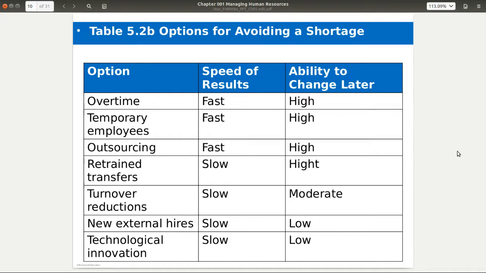Now, another thing that you can do is temps, temporary employees. That's fairly quick as far as getting in some temporaries, depending upon the jobs. And it makes it much easier to change down the road. Sprint is huge as far as doing temps and contracting, as far as bringing people in. They have a ton of temporary and contract workers because their labor supply has shifted so much over the years. They need to be able to make changes relatively quickly.